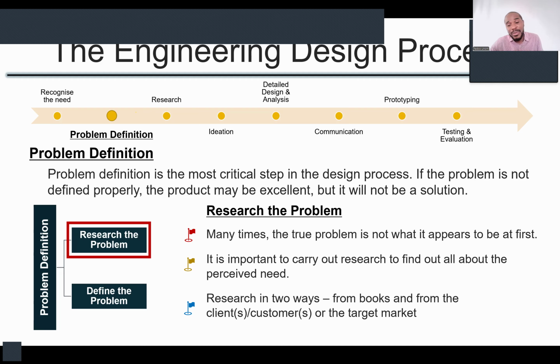So if you go and develop a solution that does not actually solve the problem that you identified, you might develop a very wonderful product, you might develop a very wonderful machine, but you will not meet any need. That need will still be there. So it's important to research to find out what is the true problem. So many times what you are seeing and you think is a problem, may not be. So for example, now